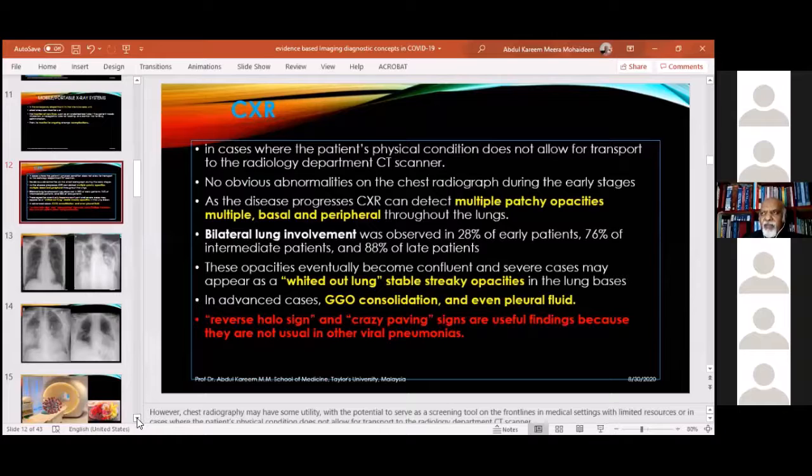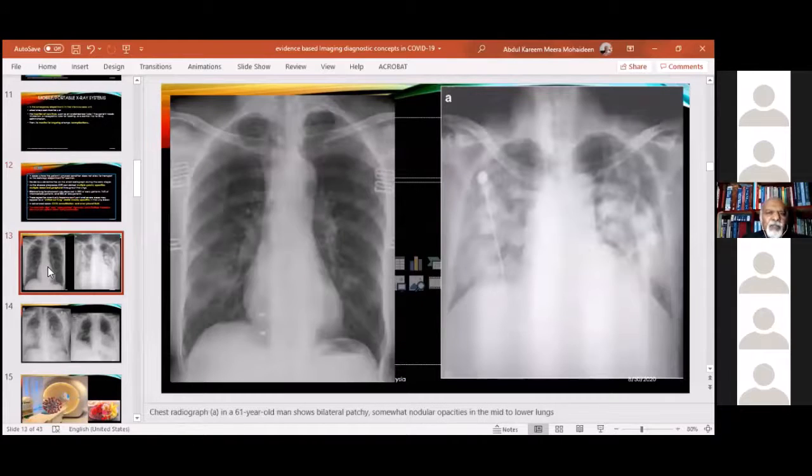Unilateral is quite rare, but in the initial stage it can be unilateral, but usually it will be bilateral, and the lesions will be in the basal area as well as in the peripheral parts of the lung. It can be also throughout the lungs. So at this point, you please remember, and depending upon the age of the disease, then the disease will manifest